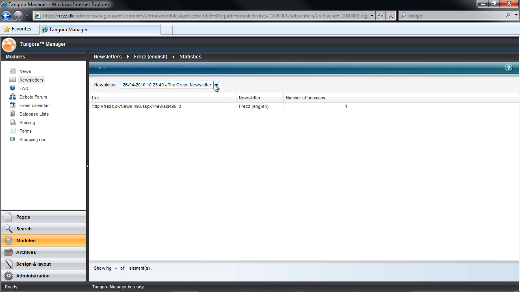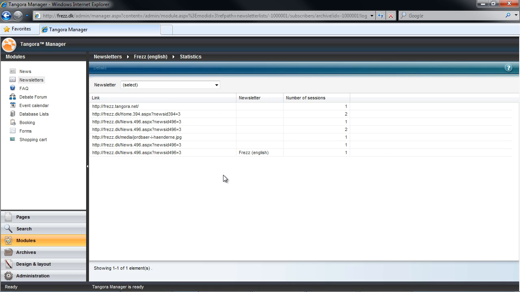What we'll be able to see in the statistics area is what links in our newsletters have been hit, how many times, by how many people, and we'll also be able to see who they are and just what they've been up to on our site. It's all good information in order to be able to get an indication of just what links are attracting our audience into our site, and thus we could use the information in order to inform our online strategies.